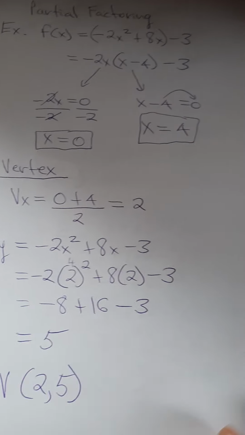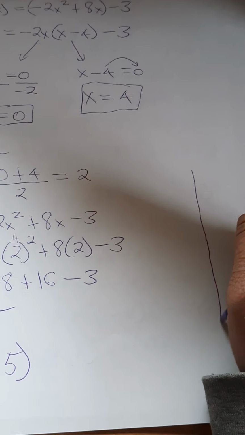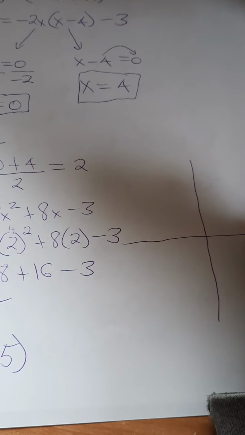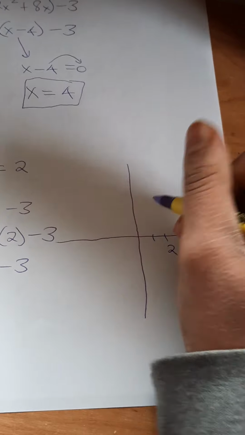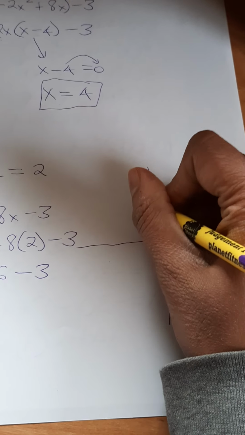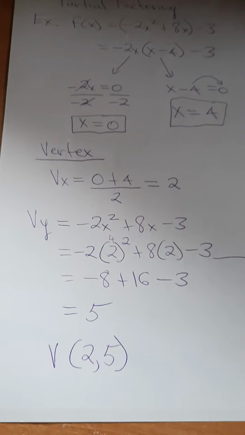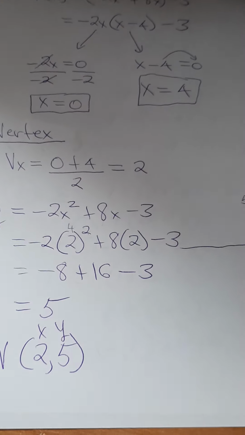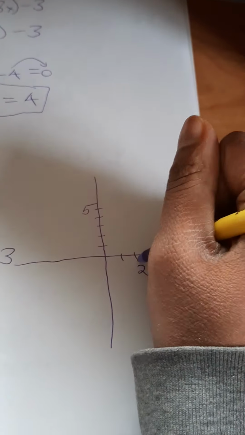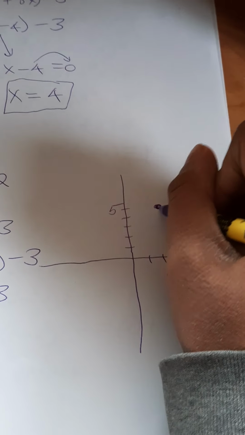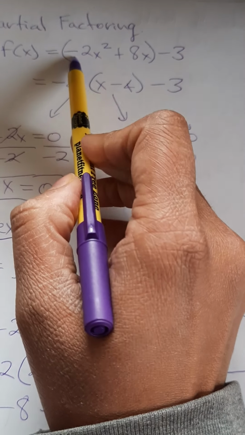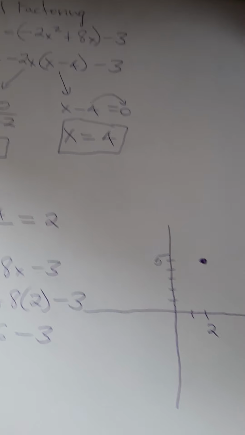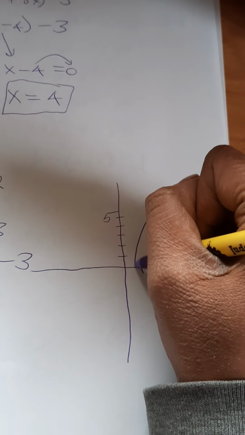Now say I did want to just draw a quick sketch of my graph for my quadratic. Okay, so we're gonna do 2. Okay, can everyone see that? And 5. So remember again, I'm doing my x and y values here for my vertex. Okay, so it's going to be 2 and 5. So the vertex is right here, okay? If you look at the original equation here, you notice how there's a negative sign in front of the x squared, okay? Which indicates that my parabola is actually opening down. It's going this way,